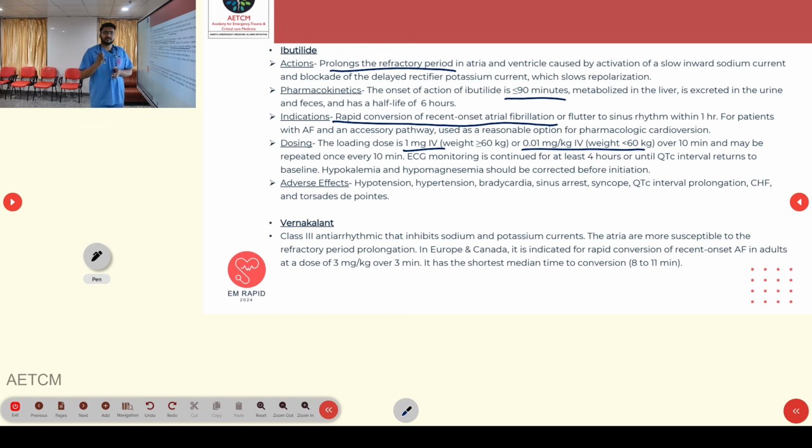ECG monitoring, like before, has to be done to look for QTc prolongation. And the one thing we have to be aware of is that before starting these pro-arrhythmic agents, which can cause QTc prolongation, we will have to make sure hypokalemia and hypomagnesemia are corrected, and only then do we start these agents. Adverse effects are similar: hypotension, bradycardia, syncope, sinus arrest, torsades de pointes, congestive heart failure, and